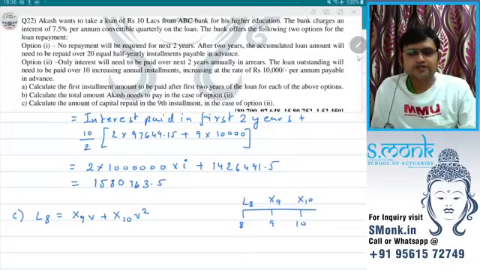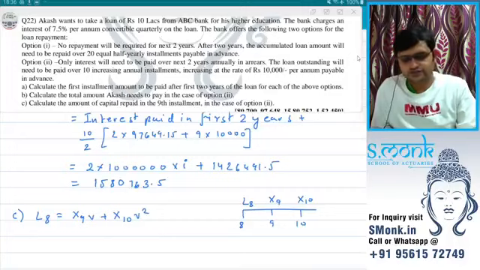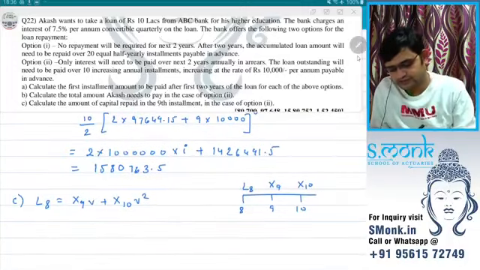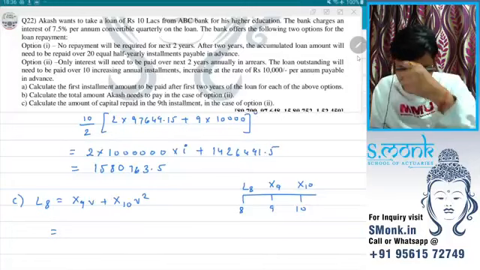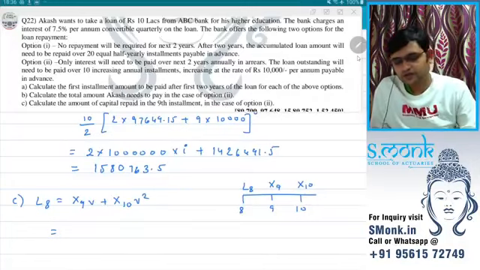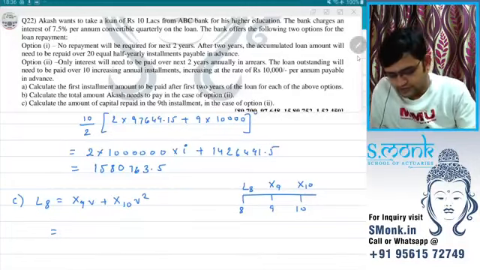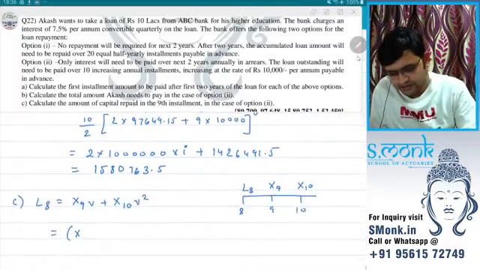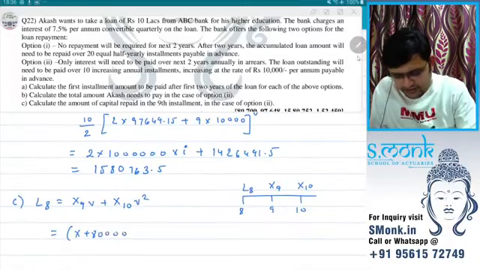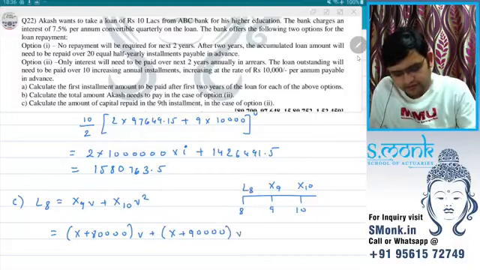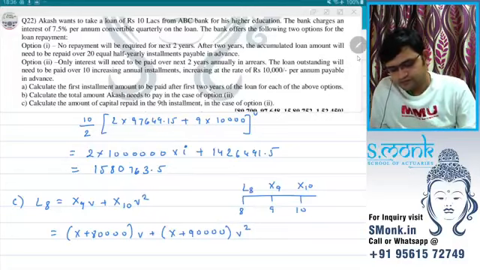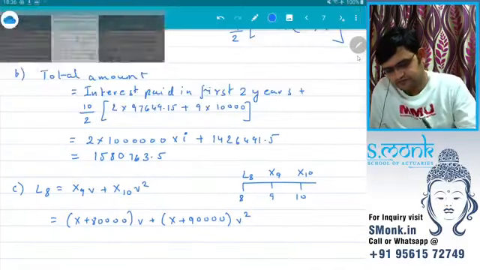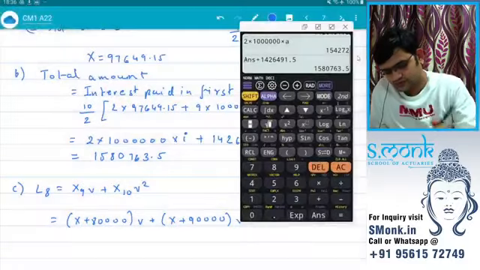Rather than making an increasing annuity formula here for just 2 years, this is what I will be doing. Just easier. What would be our 9th installment? So 9th installment will have X, we calculated X here, that is what I am taking, plus 80,000, that is what our 9th installment was, plus X plus 90,000 v raised to 2. Okay. So accordingly